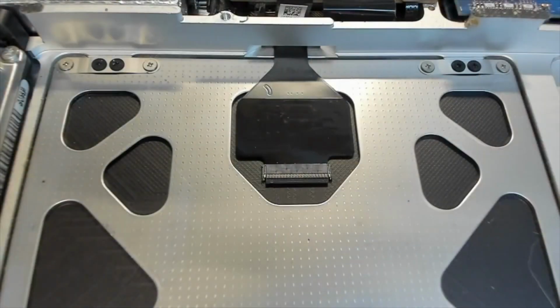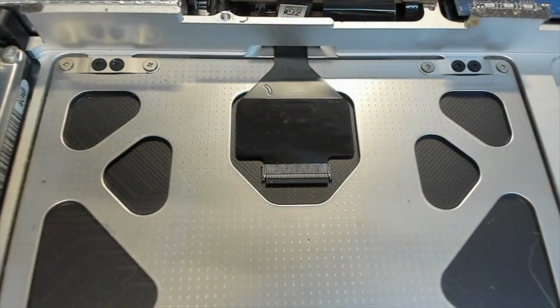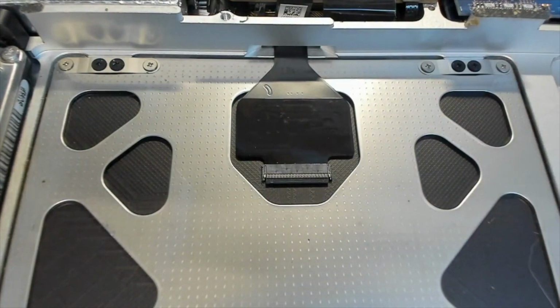Before you put in the new battery, check the trackpad here. Sometimes with the old battery, if it's a bit puffy on top, it will actually push this trackpad out. The best way to check is have a look at these little brackets here to see if they're deformed. If they are deformed,